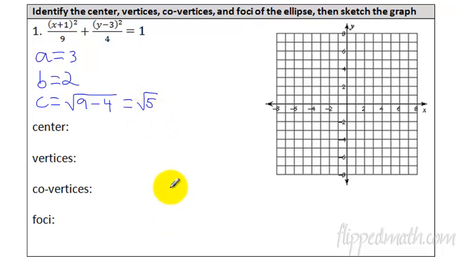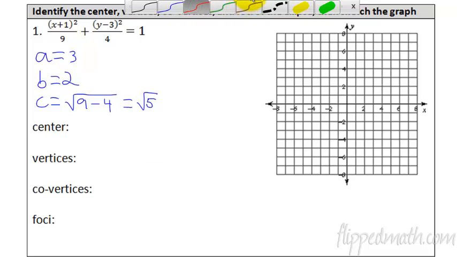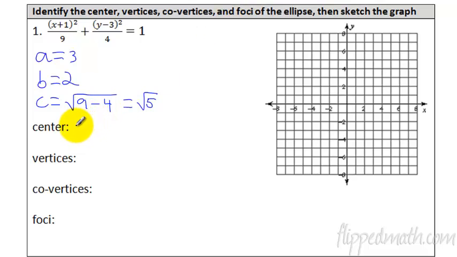All right, so where is our center point? Let me switch colors here so we don't lose track. Our center point is going to be at -1, 3. It's from our coordinate point H and K. Remember, you always take the opposites. It equals 1, so we already knew this was an ellipse here. The vertices, well, I think it's easier if we graph it. So -1, 3. Why don't we graph this first and then be able to figure out these vertices and co-vertices